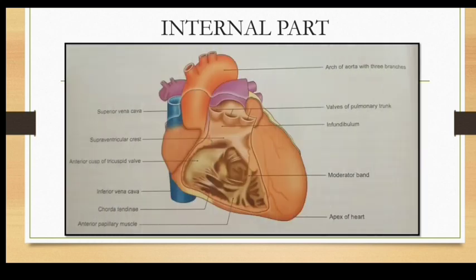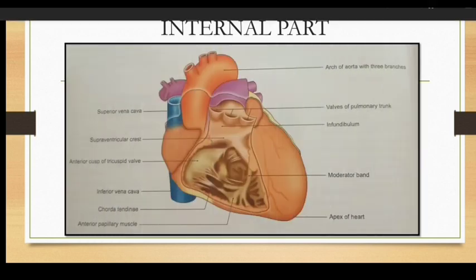Now the internal part. The right ventricle has two parts in its interior, the inflowing part and the outflowing part. The inflowing part is rough due to the presence of muscular ridges called trabeculae carneae, and the outflowing part is known as the infundibulum. It is smooth and formed by the upper conical part of the right ventricle, which gives rise to the pulmonary trunk and develops from the mid portion of the bulbus cordis. So this is the outflowing part, and this is the inflowing part, right?